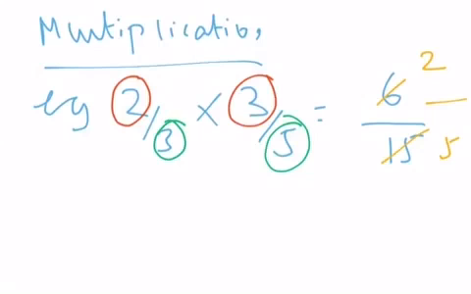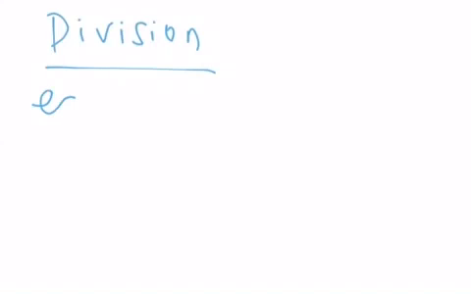Right, okay, let's look at the final one, which is division then. So this is slightly more complicated, but again, it's just a rule. If you know the rule, it's very easy to apply. We'll do this by a question again. So let's say we had, for example, 2/3 divided by 1 over 4. Right. Now,